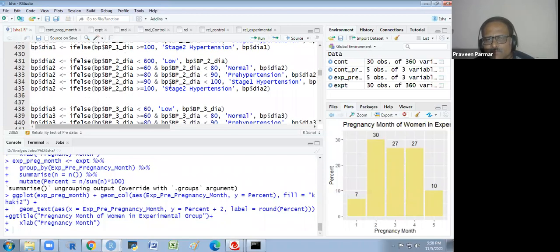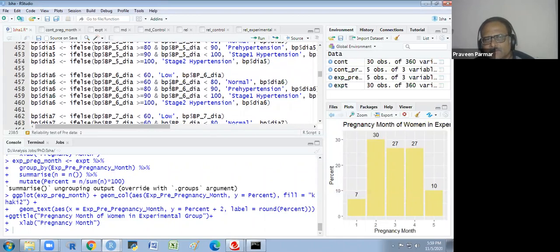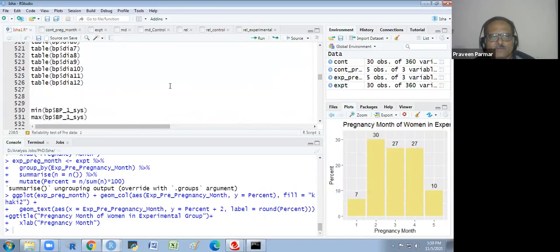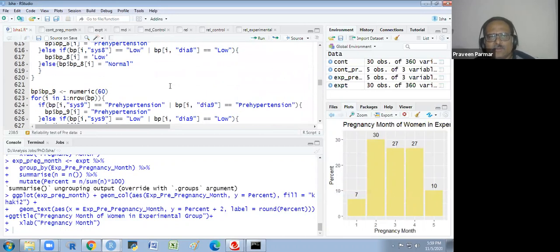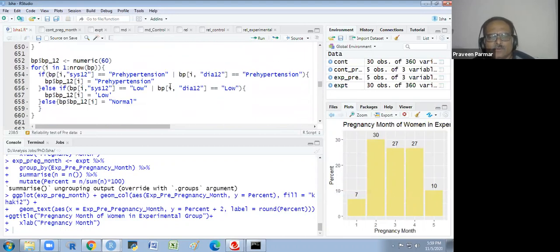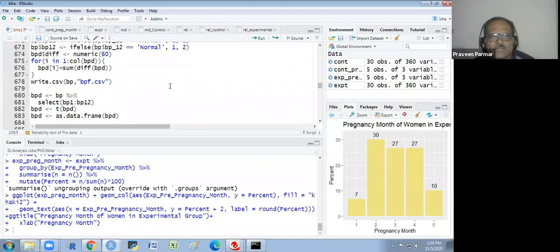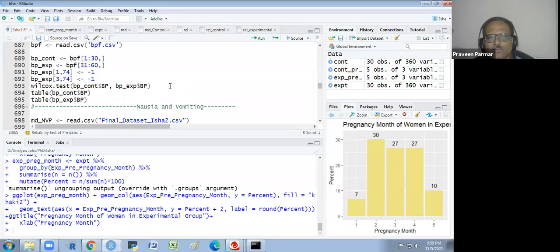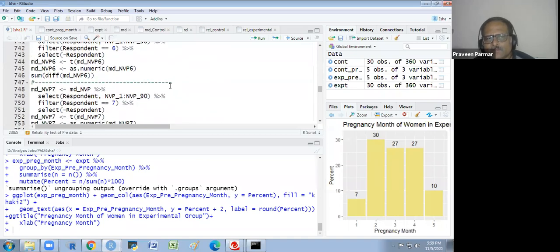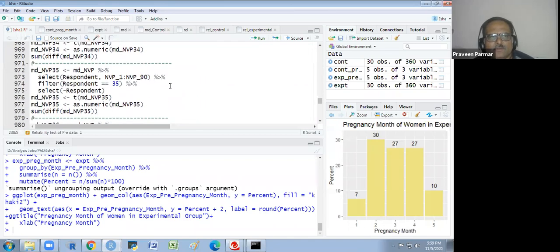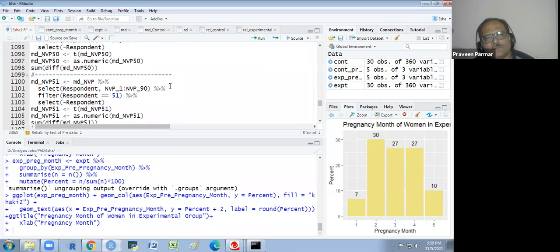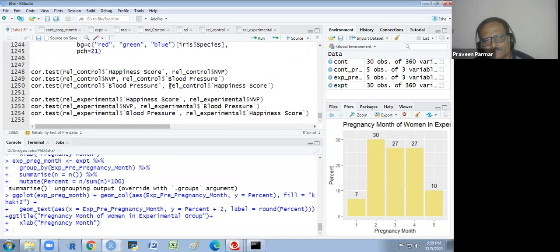So we have to work too much on analysis, it is not a small task. As you have seen, it is a script of more than, you see how many rows I have used here, how many functions I have used. It comes with practice. If you do the practice and you search on the internet, sometimes we get stuck somewhere, then we search and we use our mind and we put some logic there. So we get all these things. Okay. So this is a script of near about more than 1000 rows. We have performed various tests, the correlation test, the t-test, so many things.